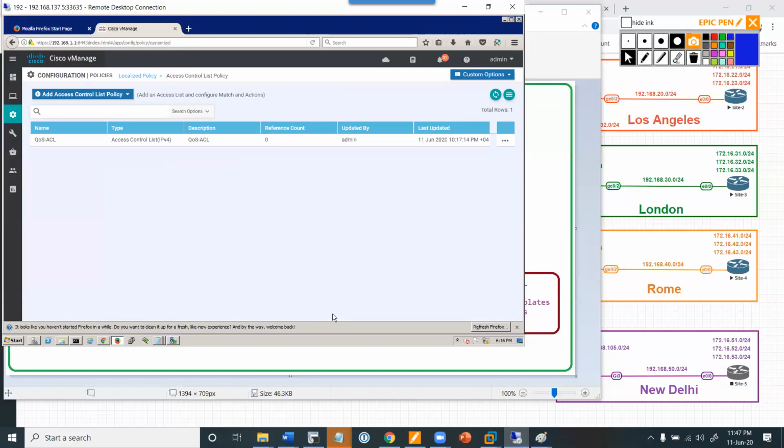But in the real world, it's normally that control is in 0, but the voice and video is in maybe 1 or 2. When you say priority queue, there's only one priority queue for a device. So it's also 0, but you don't see it. Okay. Good so far, guys? So what have I done? Based on this ACL, I said